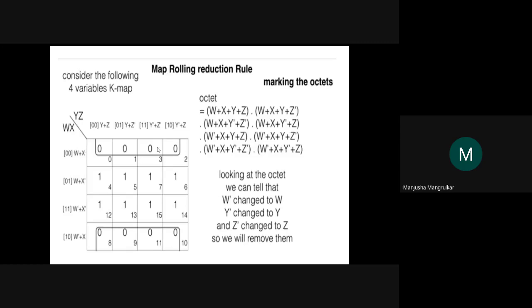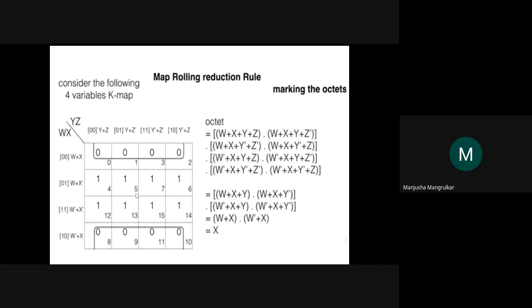These are four with this, which means only X is there, rest all are 0, right? Z is also changed, Y is also changed, W is also changed, only the constant is X. So this is eight variables, right? Eight columns are mapping to each other, right? Eight columns are mapping to each other. So these are certain rules you should remember while solving a KMAP.